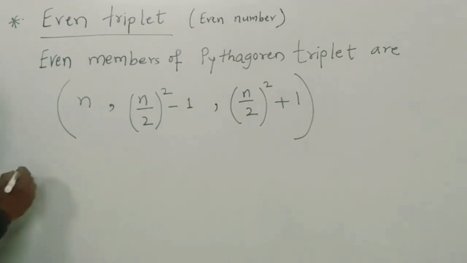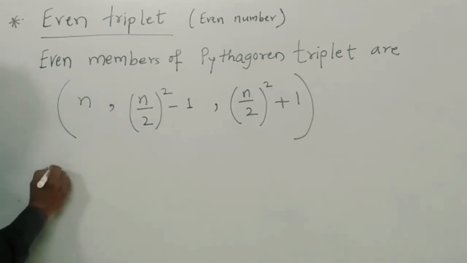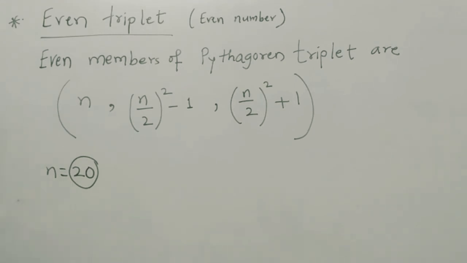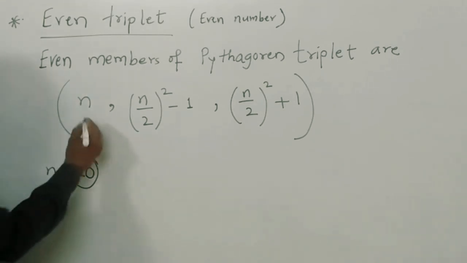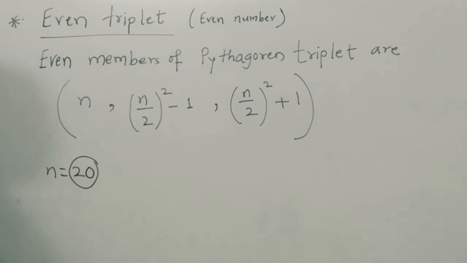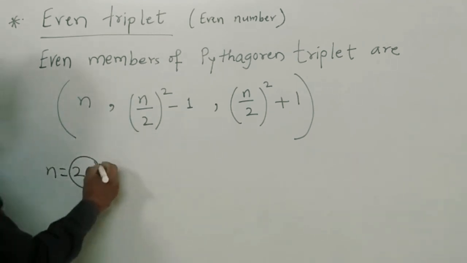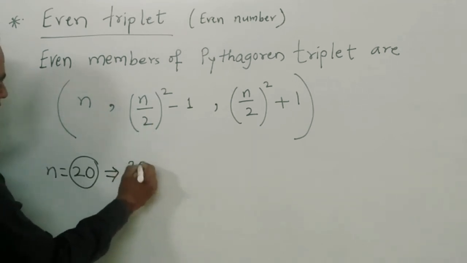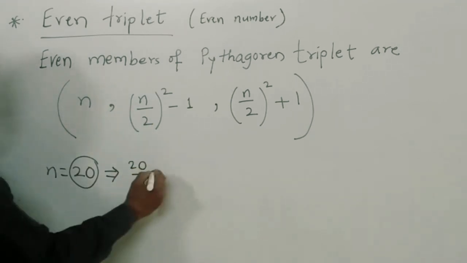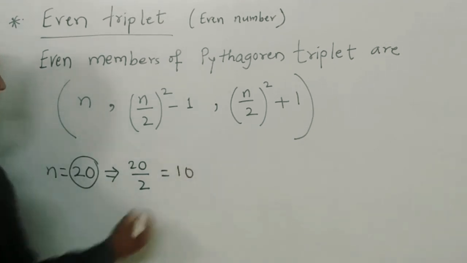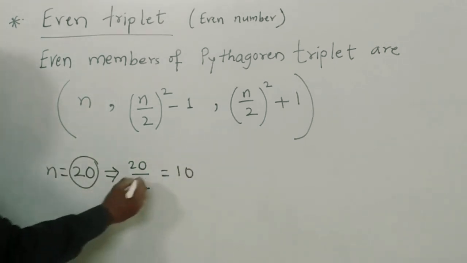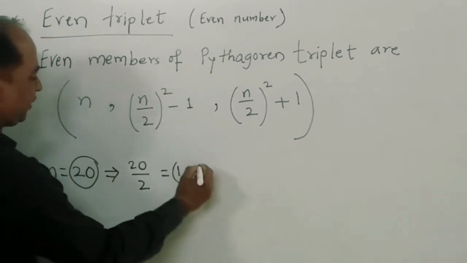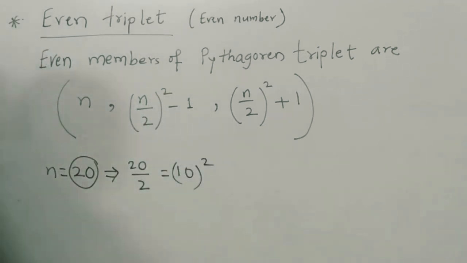Last example, let us take n equal to 20, an even number. Now first step, n is 20, one element of the Pythagorean triplet. For the second element, we divide by half, n upon 2, that is 20 upon 2, which is equal to 10. Square of this n upon 2, 10 square, which is equal to